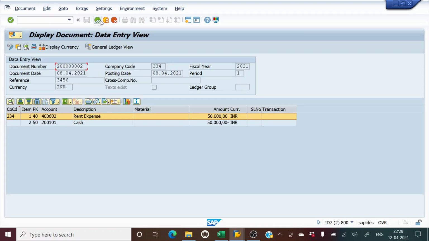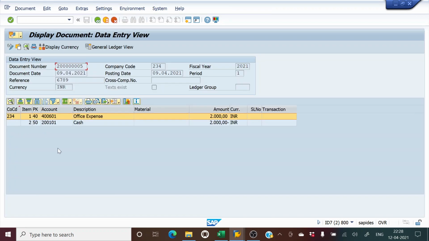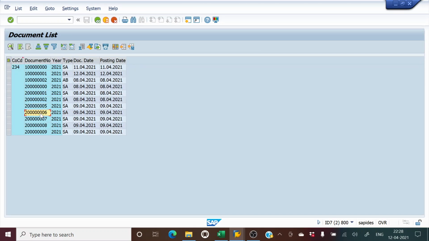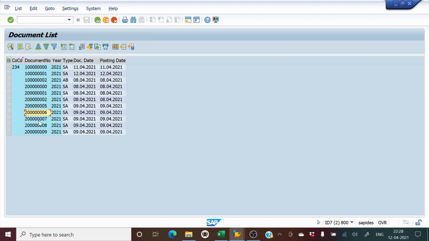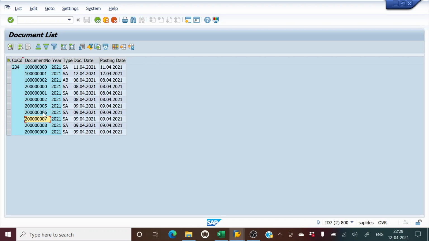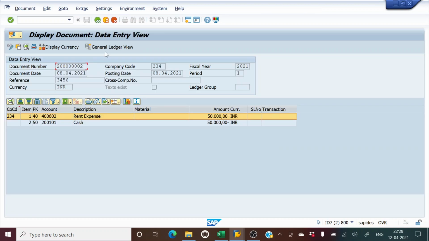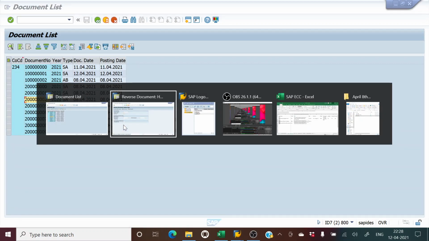So rent expense, and then probably 5 is office expense, and then 6 is professional fees, and 7 is, so 5, 6 and 7. Suppose we want to reverse 5, 6 and 7, then we have to go for the mass reversal.